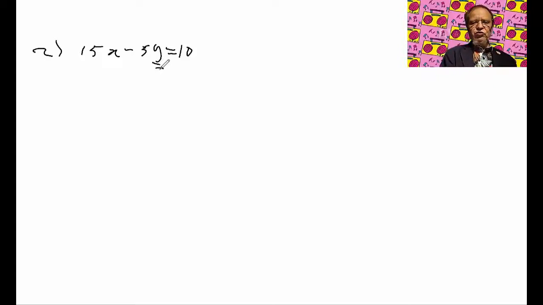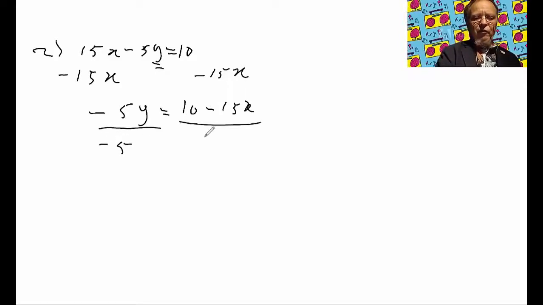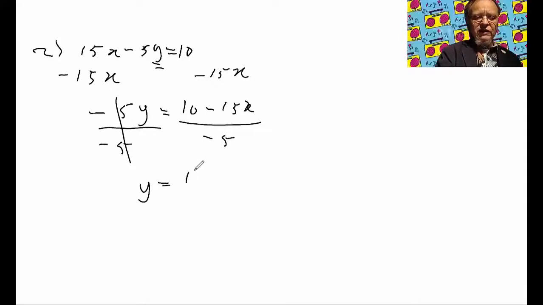So just like we did when we had literal equations, we're going to subtract 15x from both sides, and we're going to put it on this side, so we have negative 5y is equal to 10 minus 15x, and then to get y all by itself, we divide by negative 5 on both sides. So we get y is equal to 10 over negative 5, and then minus over minus will be plus